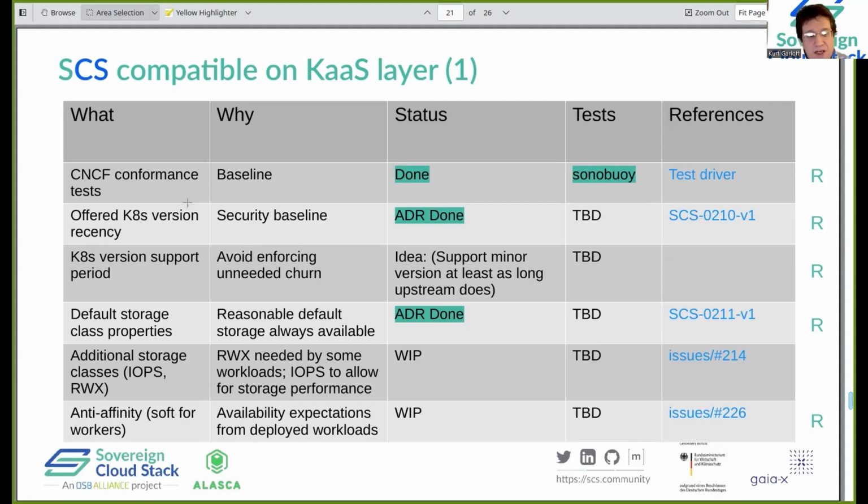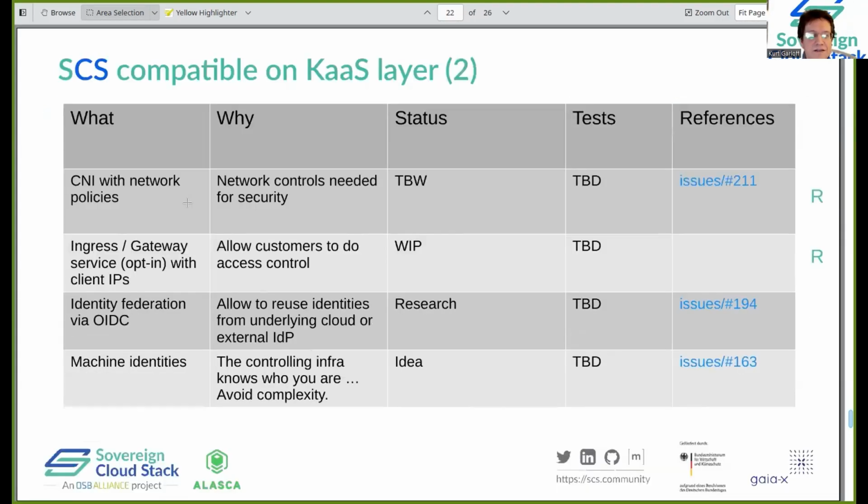We have expectations with respect to availability. If you use multiple Kubernetes nodes, you don't want them to be on the same host. So we have anti-affinity defined. Networking policies. Well, currently a good discussion happening around that. Ingress gateway service, where